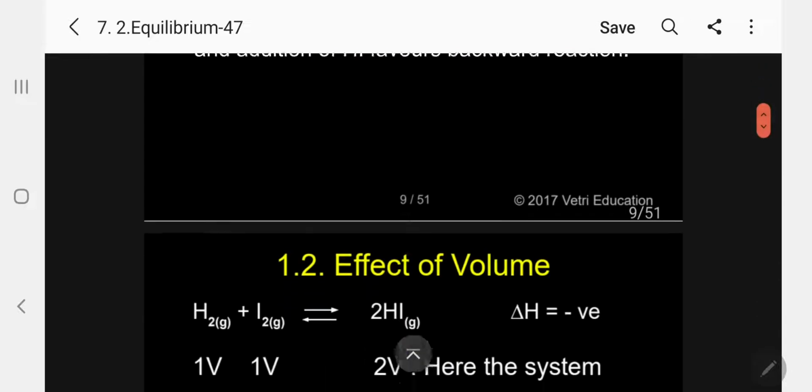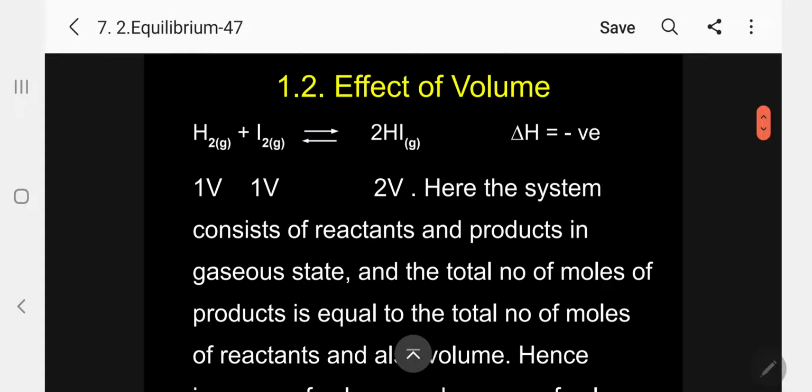So that is concentration. Now volume, very interesting information. Students, please keep it in mind. From the stoichiometry of the equation, one cannot predict the nature of pressure. But what can we predict? Moles we can predict, and from that we can predict volume. 1 mole means 22.4 liters, according to Avogadro's hypothesis. So here 1 volume means 22.4 liters, and here 2 into 22.4 liters.